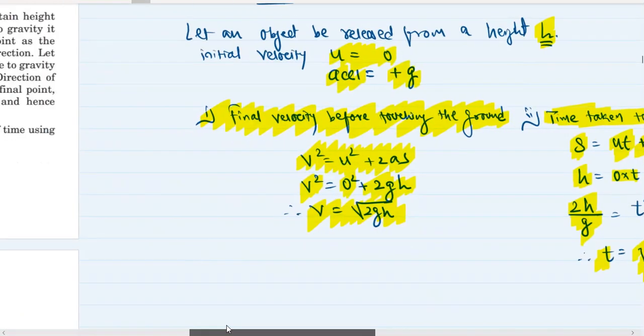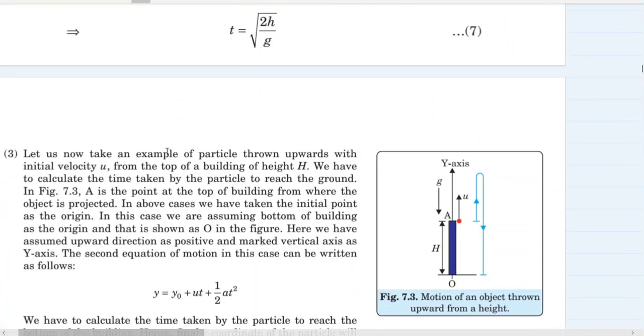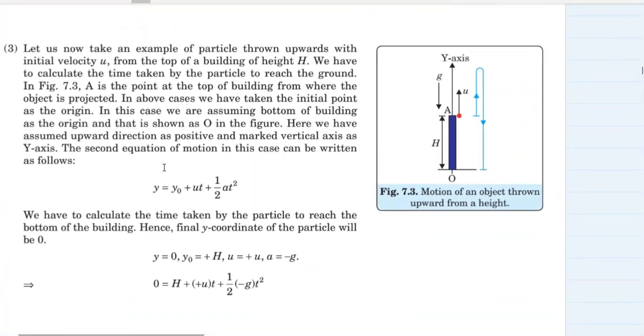If you're good at derivation, that solves a lot of problems, but yeah, it takes a little time, so you need to increase your speed. So yeah, these two parameters, that is the time taken to touch the ground and the final velocity just before hitting the ground, for a freely falling body, are important parameters. Okay, nothing else. Now there is one more example. This is a peculiar example, and in this the formulae will be a little bit trickier, but yes, you are always free to derive at any point of time if you cannot remember.